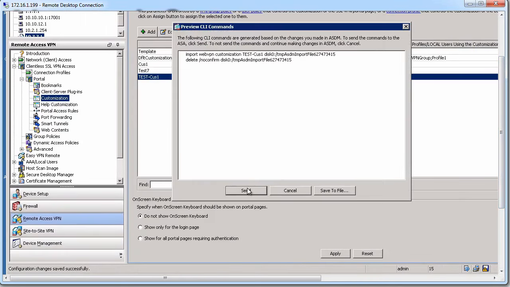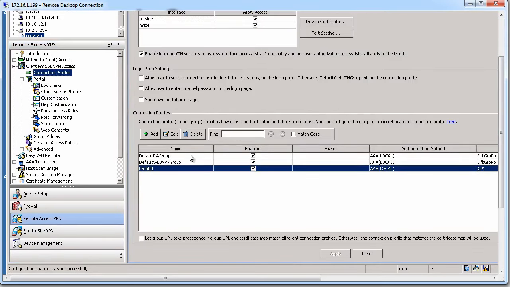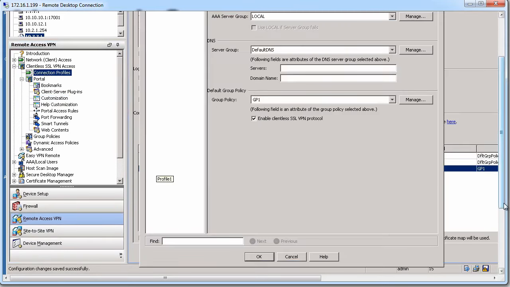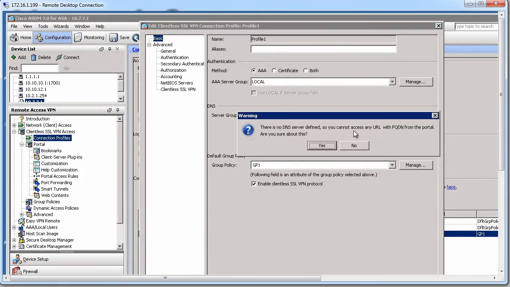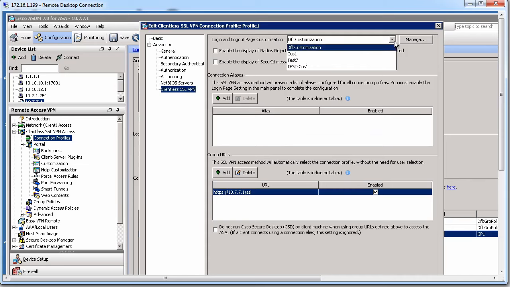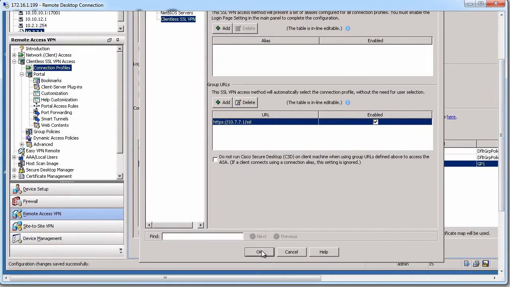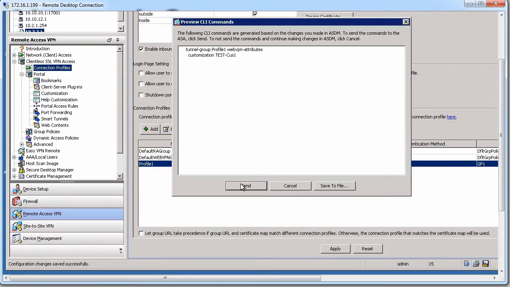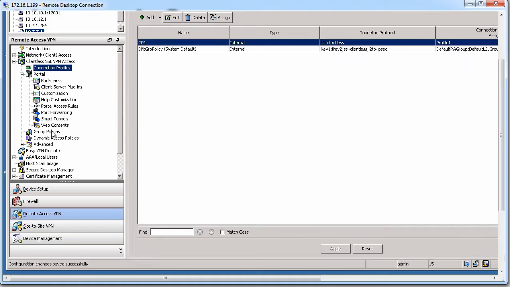You can change that in the connection profile as well. And group policy. We go to advanced. Customization is test. We click OK, apply, and in the group policy, I think it was under the group policy,